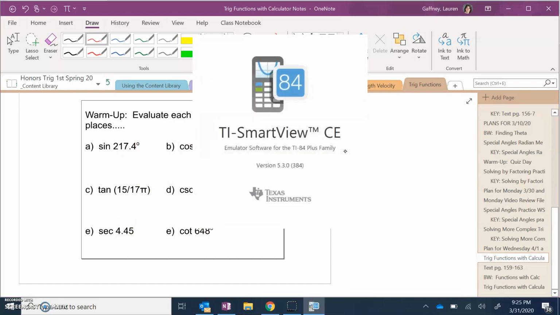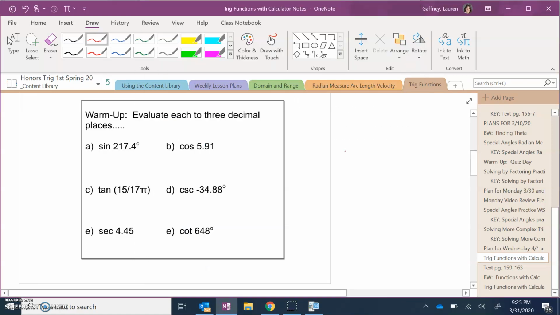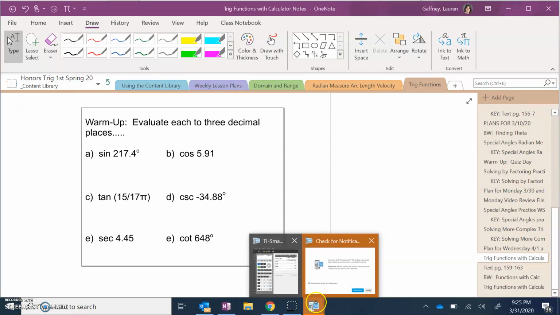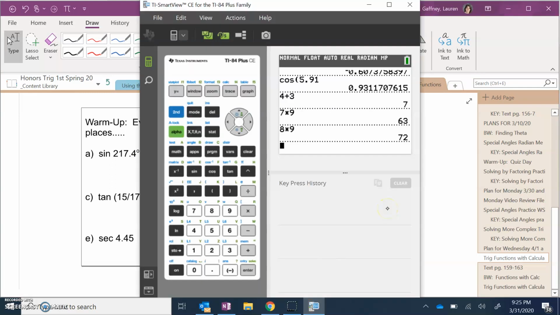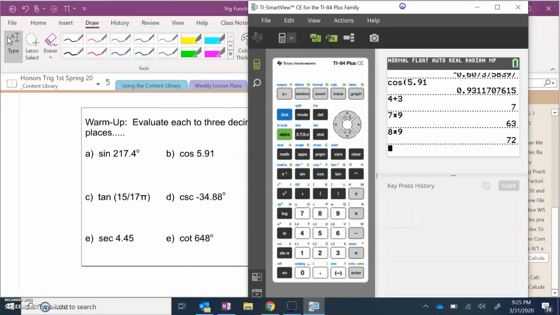I would do all the ones that are degrees first, or all the radians first. It doesn't matter which one you do first, but I wouldn't do a degrees, then a radians, then a degrees, then a radians, because you're going to have to switch modes in the calculator. So I'm going to do all of the degrees first. To check your mode,